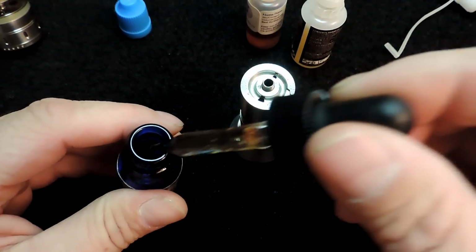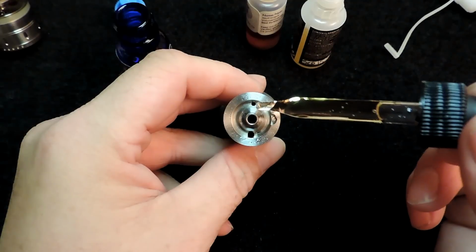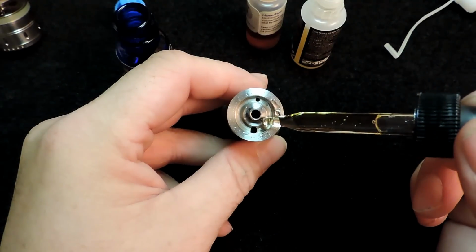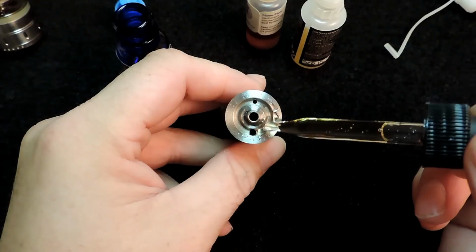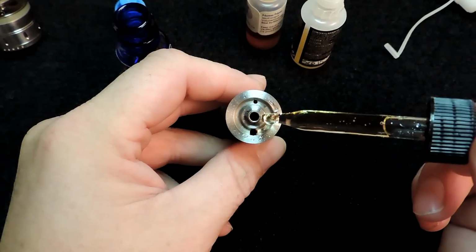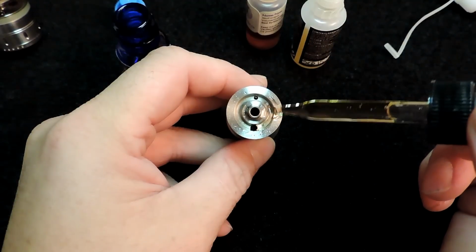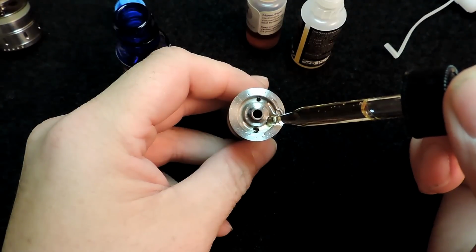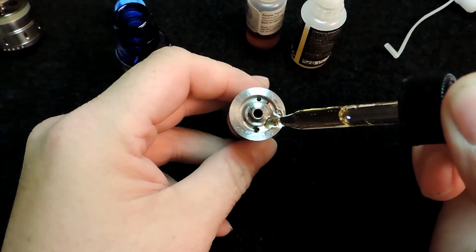It's going to be the same thing for the dropper style of bottle. So all we're going to want to do is just fill our dripper or dropper. And now the objective here is just to place the e-liquid in this channel here, but you don't want to block that smaller hole. That smaller hole is going to allow air out of the tank while it's being filled. So I just usually start right where this notch is on the top,